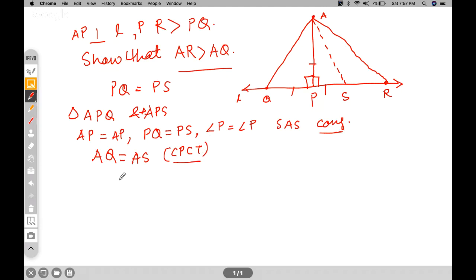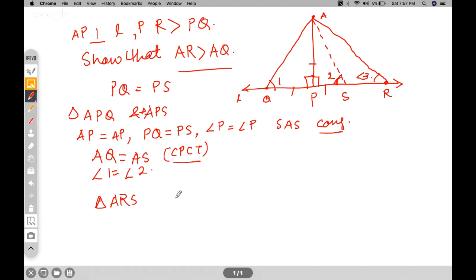Now, if I know that AQ is equal to AS, if this is angle 1 and this is angle 2, then angle 1 would be equal to angle 2. Now let's take this triangle ARS, and suppose this is angle P. Now, if PR is greater than PQ,